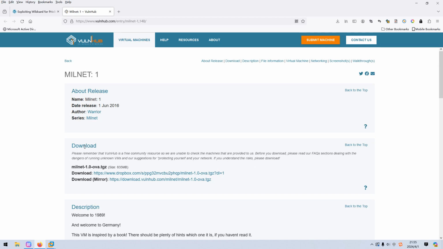Friends, I'm back with another machine on VulnHub, which is Milnet 1. The link will be added into the description section below so that you can download it. Although this machine is not very difficult, it will involve a variety of techniques, which is so important for